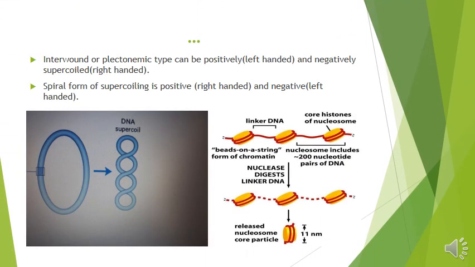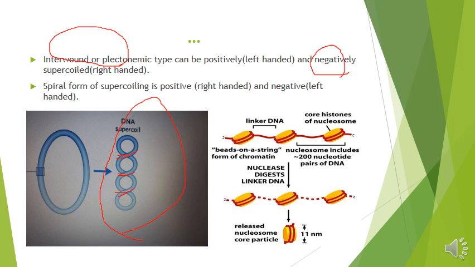In interwound or plectonemic supercoiling, we have the concept of positive and negative supercoiling. As you can see in this picture, this is the interwound or plectonemic type. Why? Because it is supercoiled upon itself. So this is interwound, or plectonemic. And then, as you can see, this is further coiled in a right-handed fashion, so it will produce negative